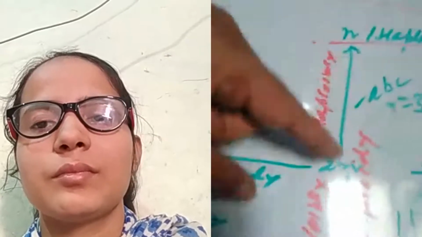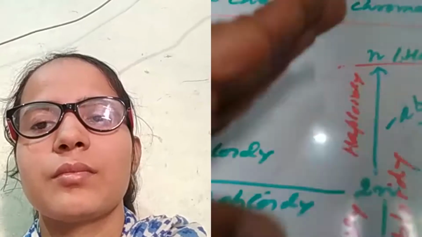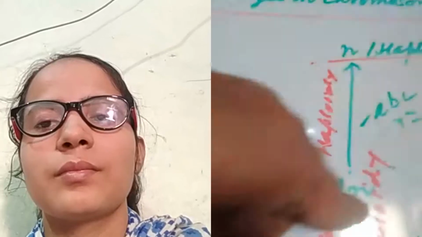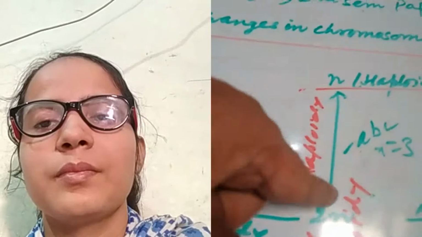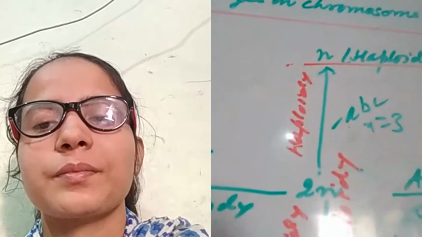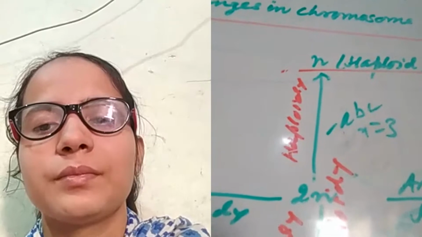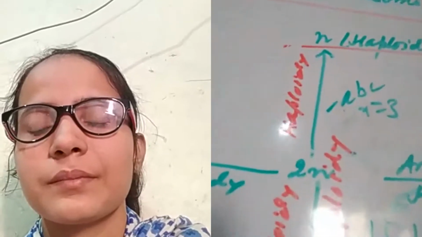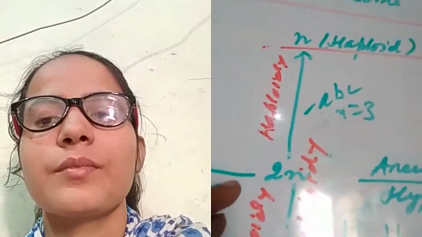In this way, such a type of numerical change, such euploidy, in which one or more than one set of chromosomes is added to the normal diploid chromosome constitution, is known as triploid. If two sets are added, it will lead to the production of 4n, tetraploid. If three sets are added, it will be 5n. And if four sets of chromosomes are added, this will lead to the production of hexaploid. So this will be called polyploid.